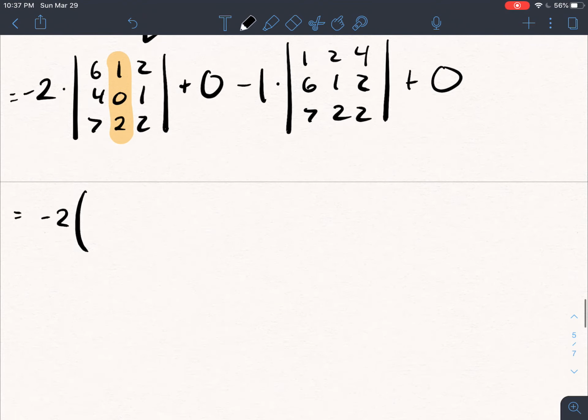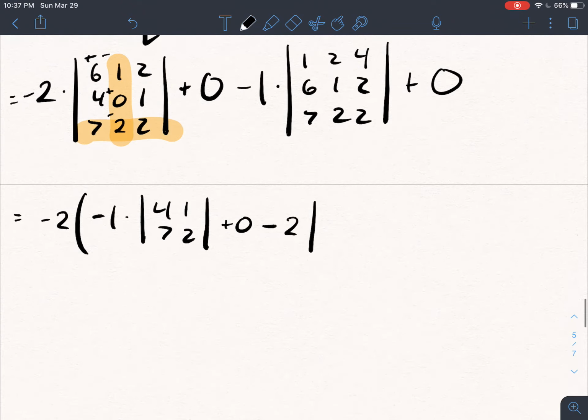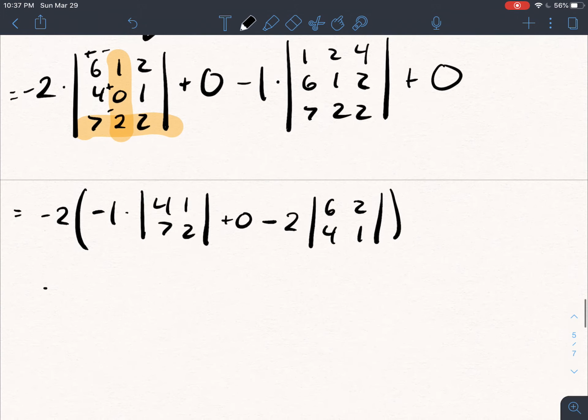So negative 2, I'm going to put parentheses around this entire thing so that I don't mess up. I'll have positive, negative, positive, negative. So I start with negative 1 times the determinant of 4172 plus 0 minus 2 times the determinant of 6241,